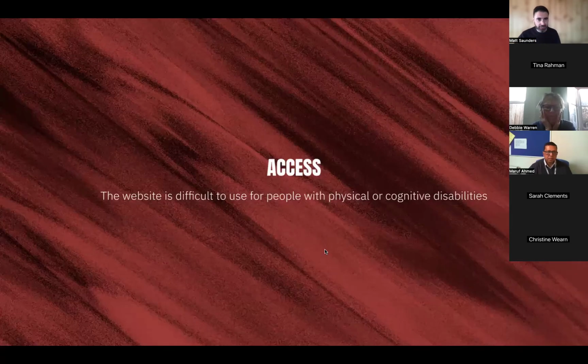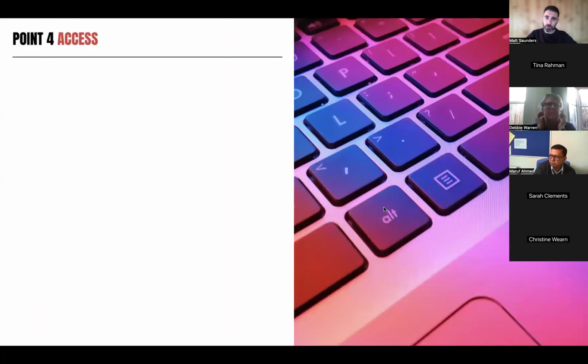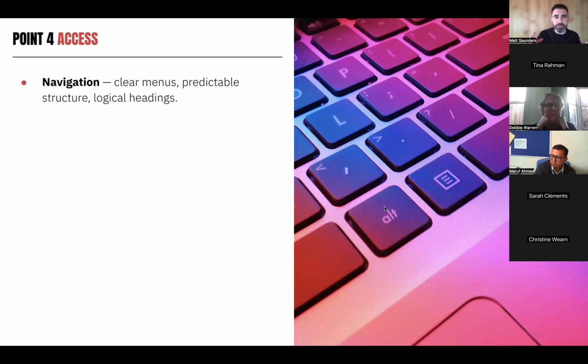I'll come on to point 4 now. So point 4 is access. The website is difficult to use for people with physical or cognitive disabilities. Now, I think only one person maybe mentioned access as an issue. So hopefully this is going to be useful, or at least add some clarity to what we mean by access. This is probably one of the most difficult ones to actually